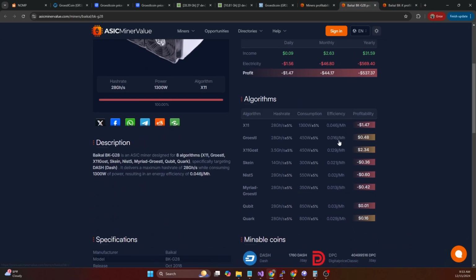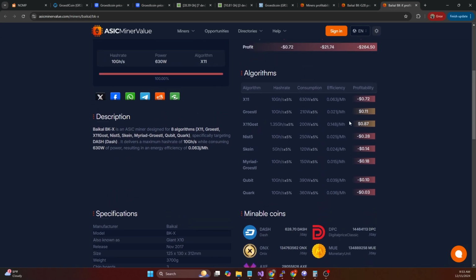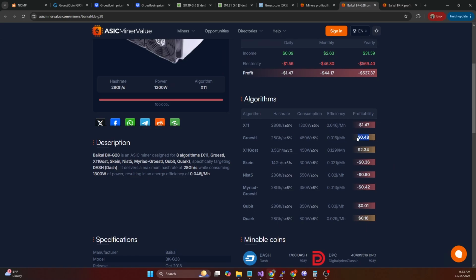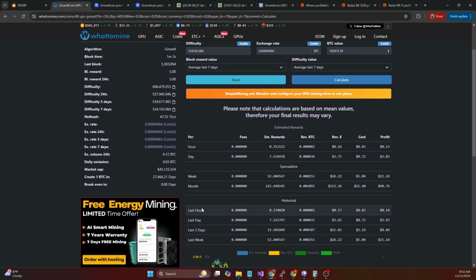But if we drill into this and we come down to Groestlcoin, they're saying 28 gigahash, 450 watts is only making 48 cents a day profit. And they're saying the X10 only makes 11 cents. So according to their calculators, I should only be making 60 cents a day at 5 cents a kilowatt hour. But if we hop back on over to what to mine, we can see their calculator has it at about $21 a day. But we actually made, let's hop back on over to,